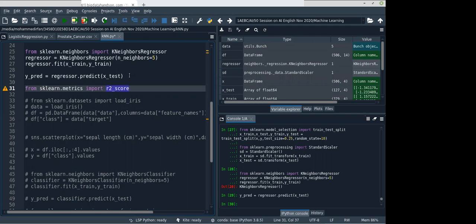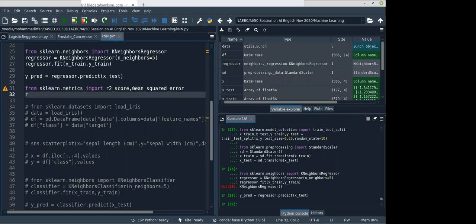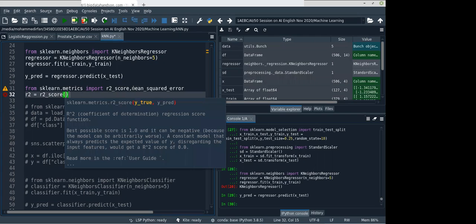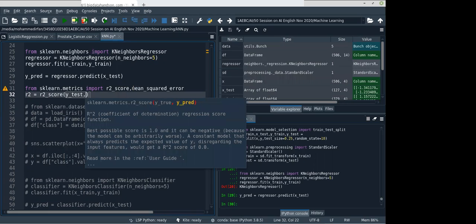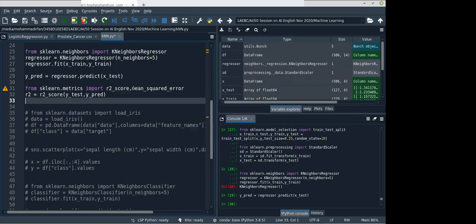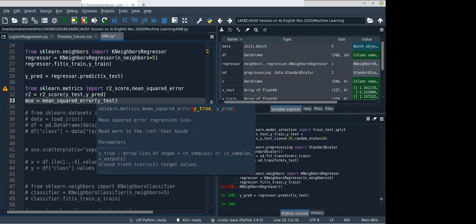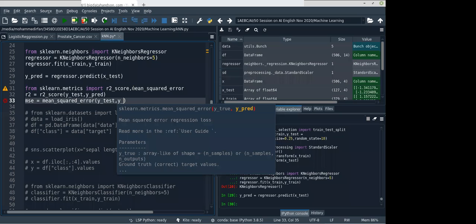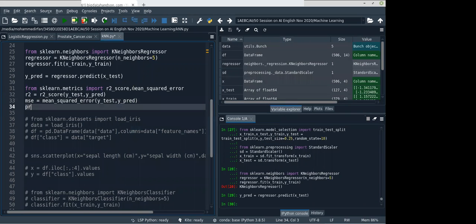So we'll use a continuous type of evaluation method, that is R2 score and mean squared error. So let's calculate r2_score. This takes the same two parameters, y_test and y_pred. And for the MSE, the mean squared error, we'll call the function mean_squared_error with the same parameters, y_test and y_pred, and we'll print these two values.